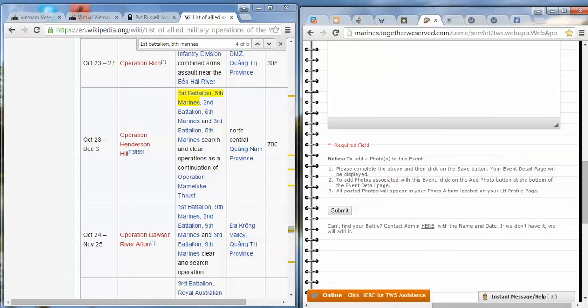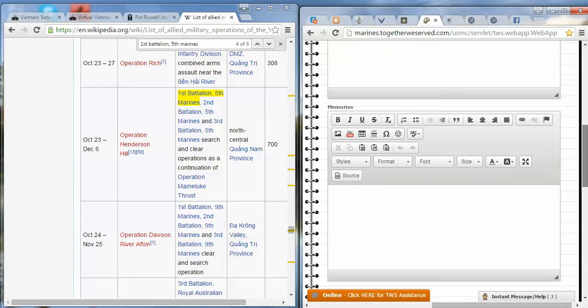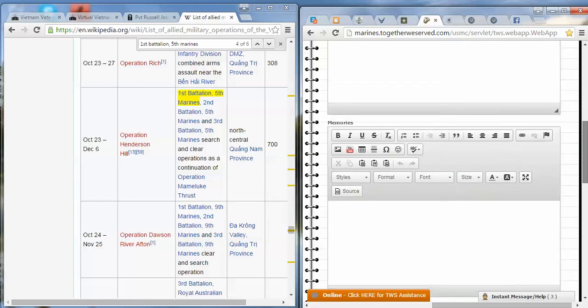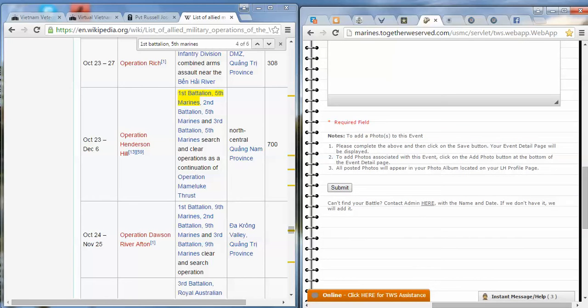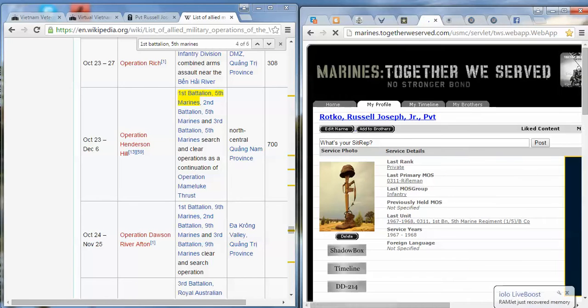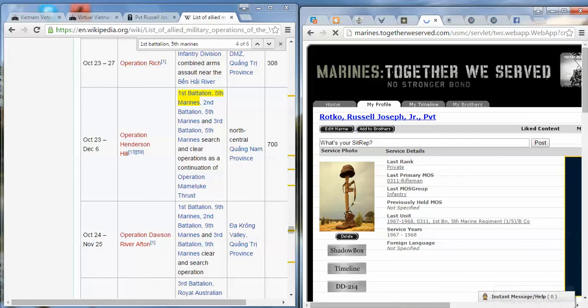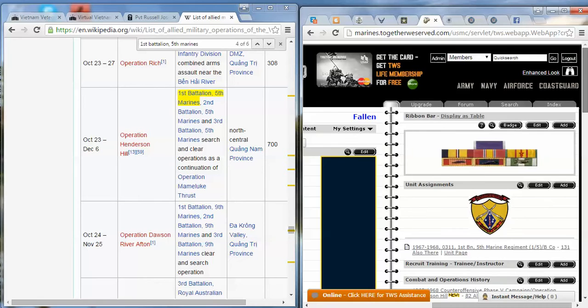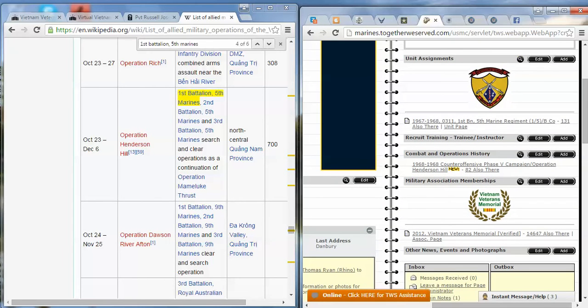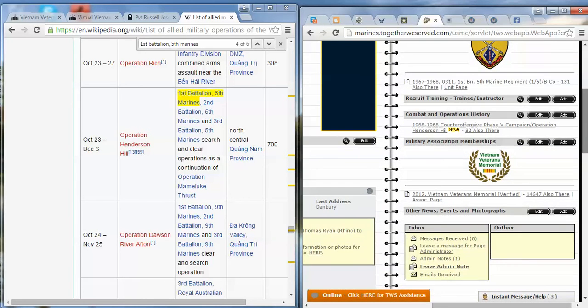Because sometimes the battle continued after they were killed and into the next year. So, click that. Make the profile full again. He has his correct Vietnam memorial, but he still has no photo.